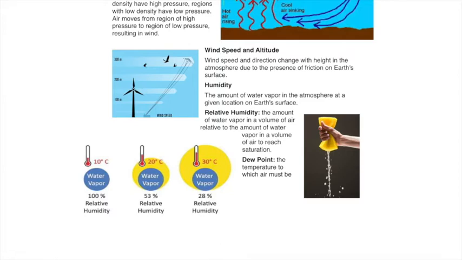Now let's imagine that we're warmer. So now from 10 degrees we've gone up to 20 degrees. The air can hold more water at 20 degrees, so think of it as a bigger sponge. I have the same amount of water I had a minute ago, but I have more of a sponge. The air can hold more water if it needed to. So the water vapor that it's holding is not 100% now, it's only 53%,